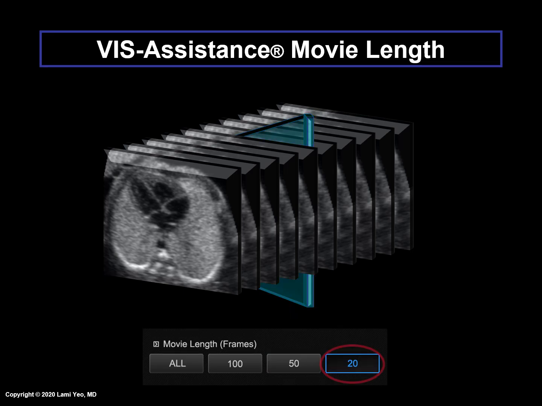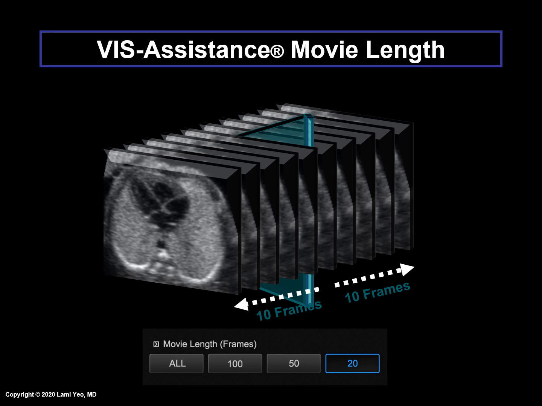Finally, the user has chosen 20 total frames for the movie length. The specific frame of interest is shown in green. The Find software divides the 20 total frames by 2. Therefore, there will be 10 frames before the frame of interest and 10 frames after the frame of interest.